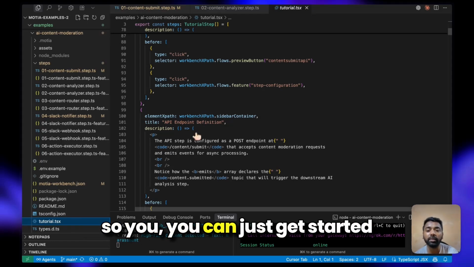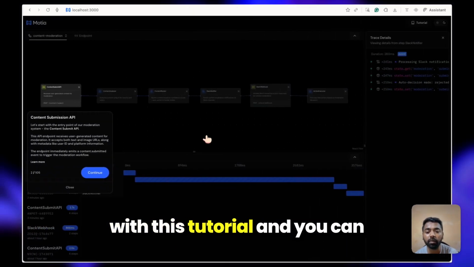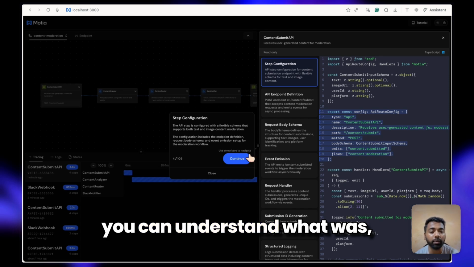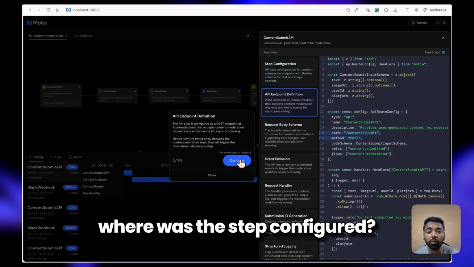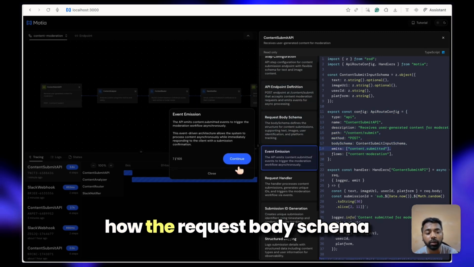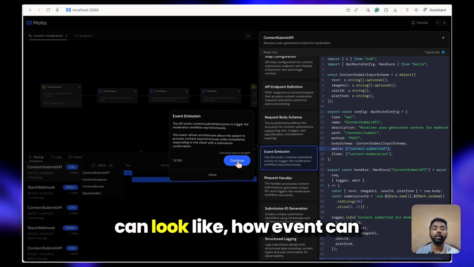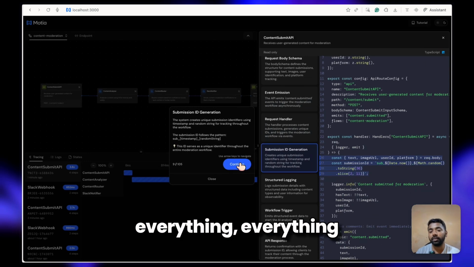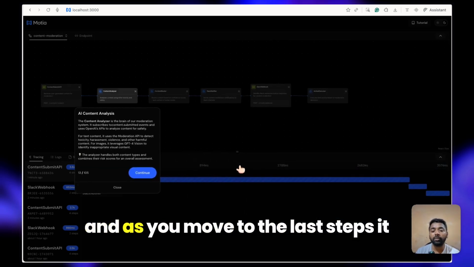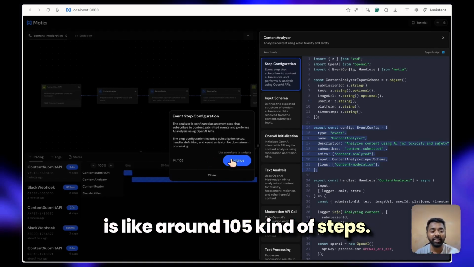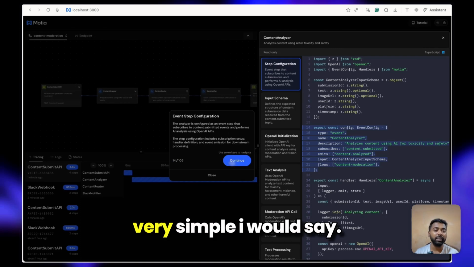You can get started with this tutorial and run it by yourself. You can understand where the step was configured, where I can define the API endpoint, what the request body schema can look like, how events can be emitted, the request handler, everything is available here. And as you move to the last steps, it is around 105 steps. So definitely try it out. Very simple, I would say.